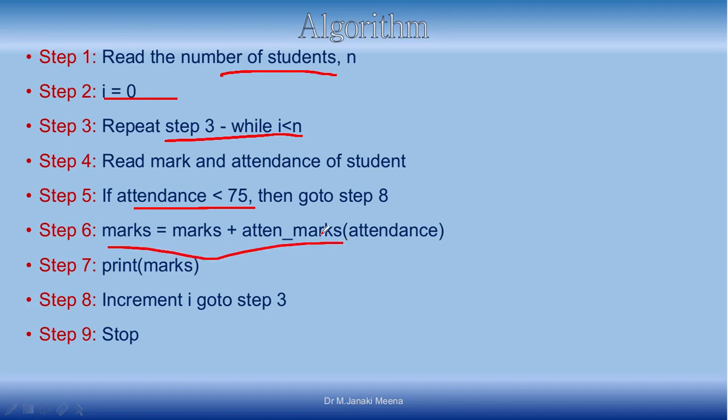So I am going to write a function and call it here. This is just a pseudo code. Rather than algorithm, I can say this is a pseudo code. What is meant by a pseudo code is, when it is partially English and partially the way we write code, then we call it a pseudo code. So now we can see that I have used a new function, and I am passing one parameter, that is the attendance.